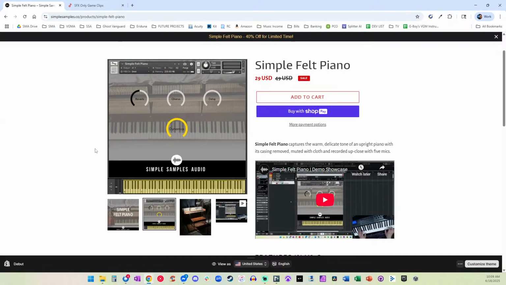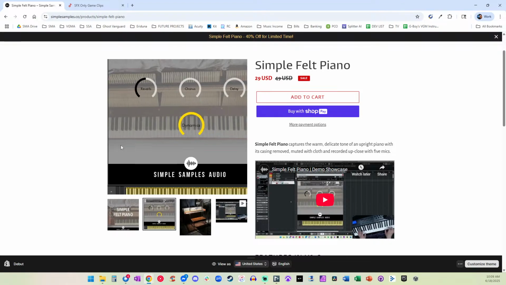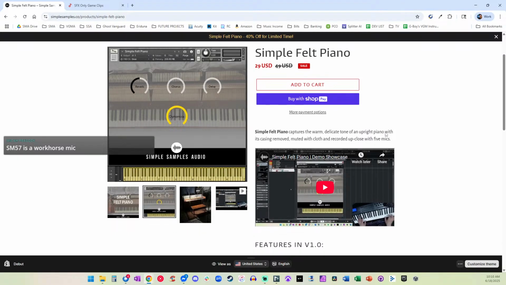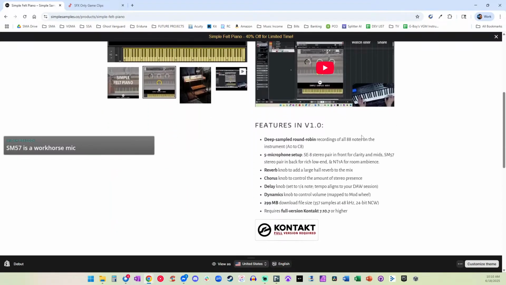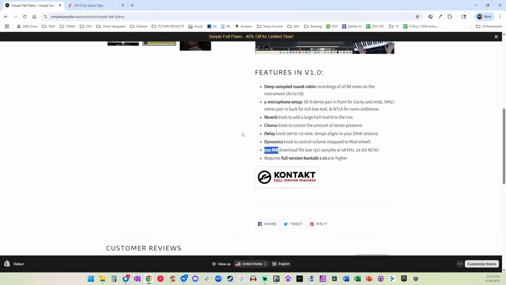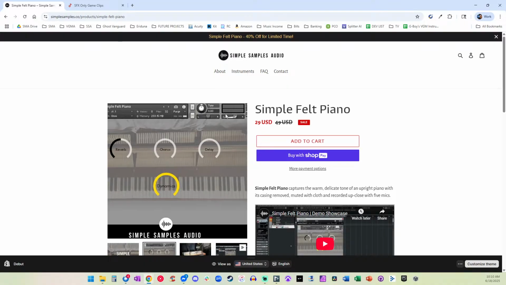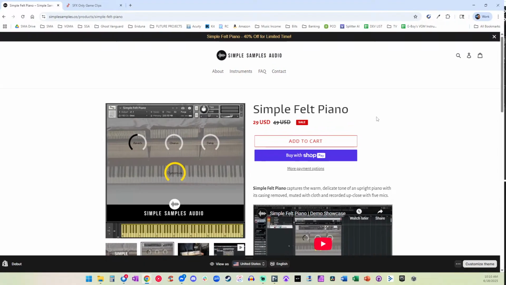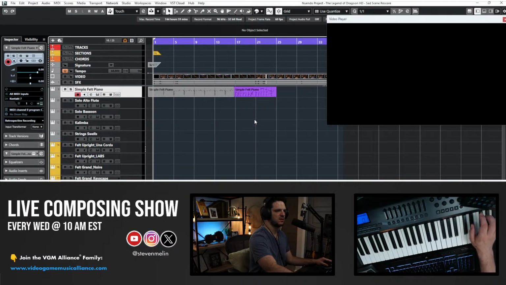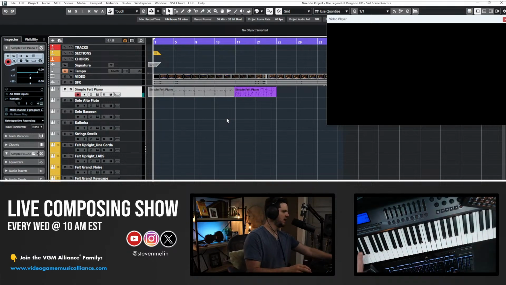And this is what it looks like. It's one patch, and it rocks. There isn't a lot to say other than just to show it to you, but the whole thing, even with all of its 88 notes, round robin recording, it's only 300 megabytes. These samples are so small on purpose. That's the whole point. So without further ado, let's get into the instrument itself, and then we'll write some music and have a little fun with that. So I love this thing.